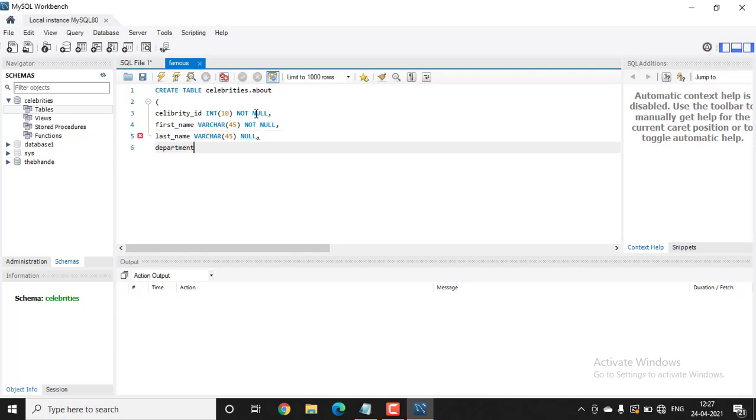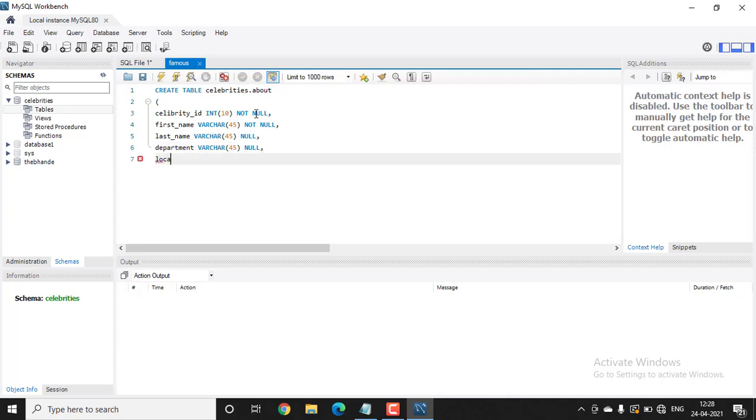and then department, varchar 45, and don't forget to type null or not null and the comma. Small mistakes make huge problems.